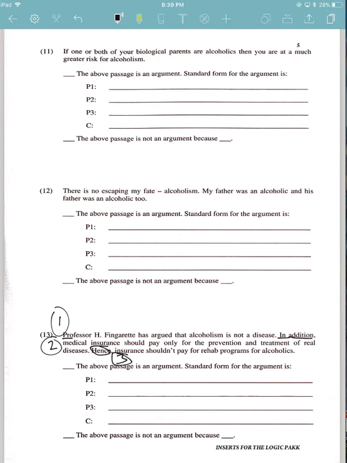All right. And so here, this is what's interesting. It's a funny thing, Professor Fingerette was a professor at UCSB, and I did go there for my undergrad, and it's pretty funny. So anyway,